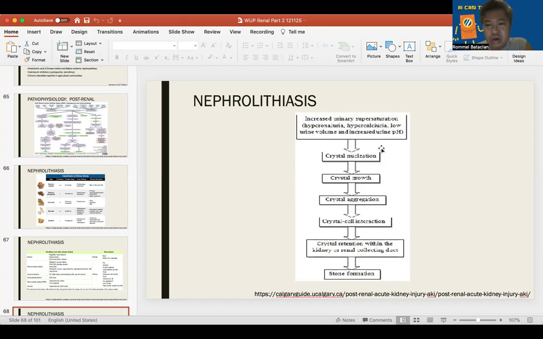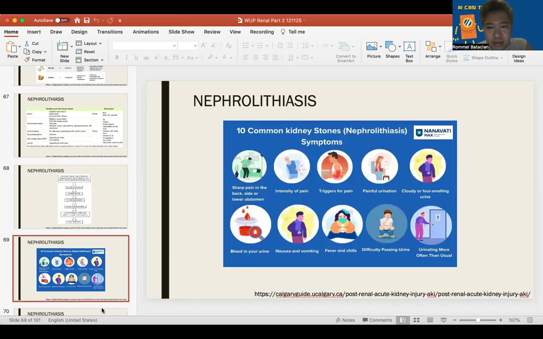So there is the nucleation or the aggregation of these crystals or solutes, causing it to grow, with further aggregation, and there would be a crystal-cell interaction, which would lodge in the Bartolini cells, so in the renal collecting duct, and eventually will grow in size, leading to a stone formation. So these are the common symptoms, particularly flank pain, usually unilateral or one side, painful